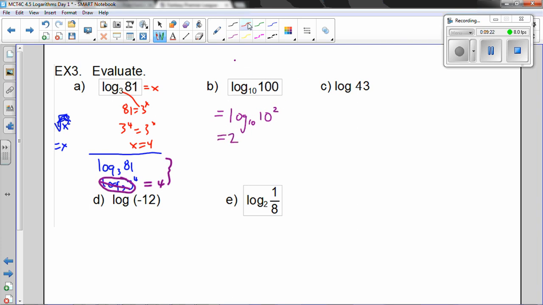Now, a couple of notes about this question. It feels like this lesson is full of a couple of notes. I realize that it's a bit of a long lesson, but I don't think it's too difficult. Log base 10, we usually don't write the 10 because base 10 is used so often that it's called the common base. And so log base 10 is called the common log, and we usually don't write it in. So if we just don't write a base in here, it's implied to be 10. Okay? So this other one, we see this is implied to be base 10 over here,